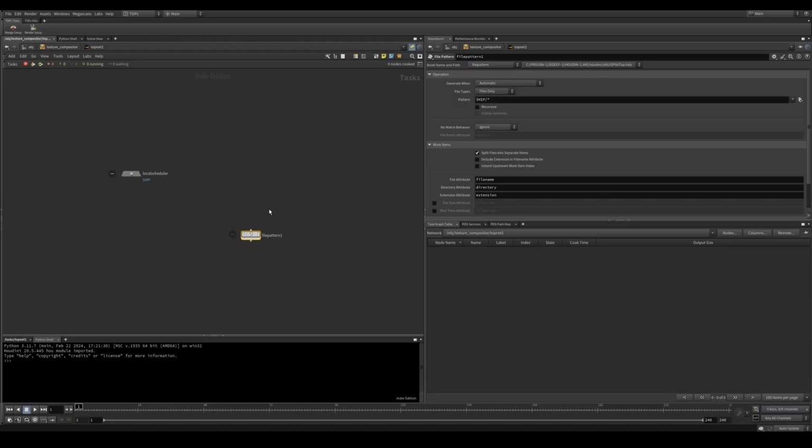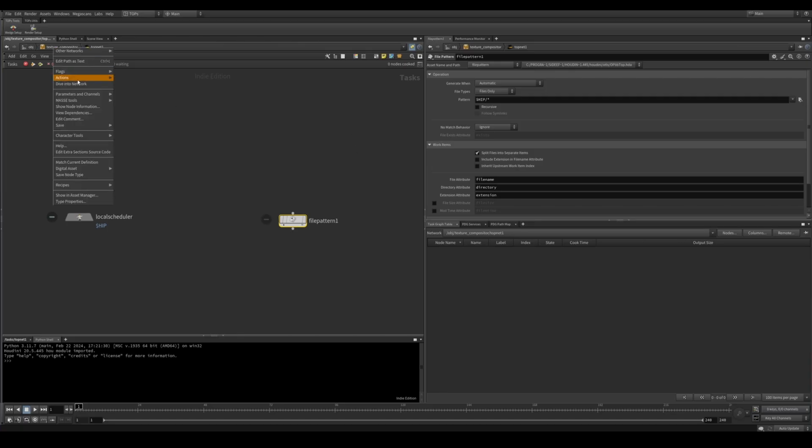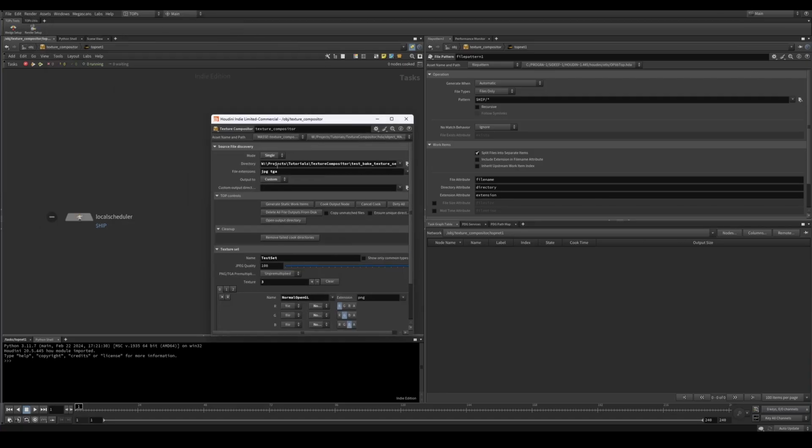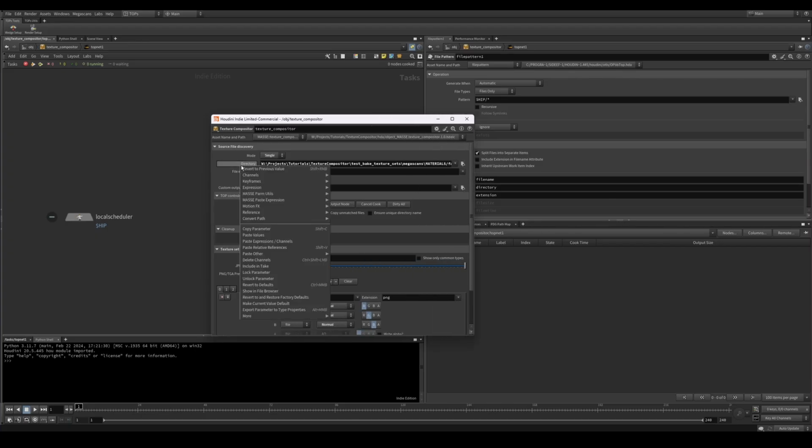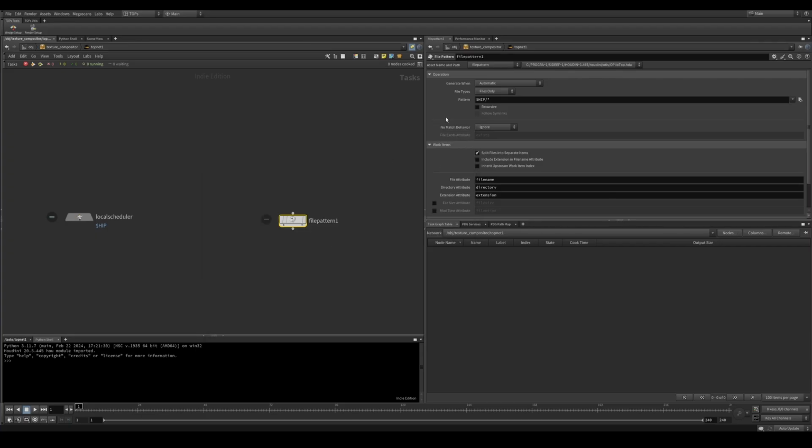and use wildcards to determine which files we want to fetch from that directory path, and it's going to create work items from that pattern. In my case, I want to get basically my textures. Basically, I want to get any files from my main directory parameter. So what I'm going to do is go ahead and copy this path, copy relative reference, and paste